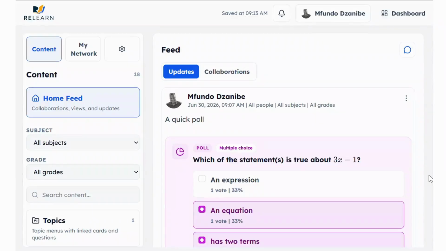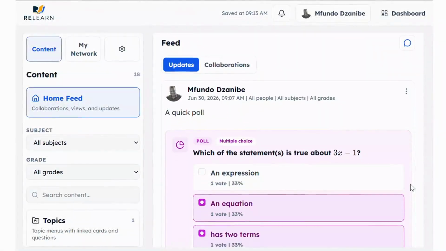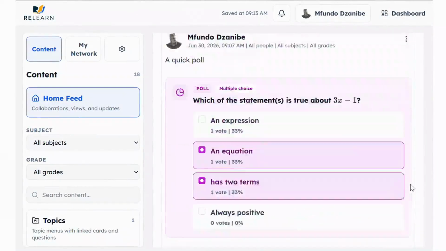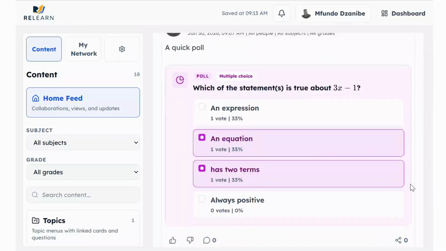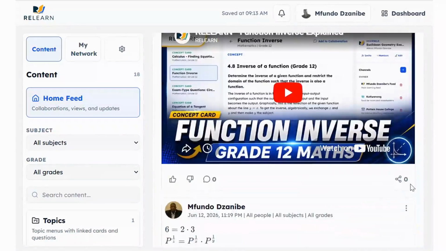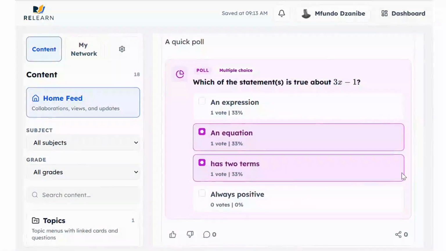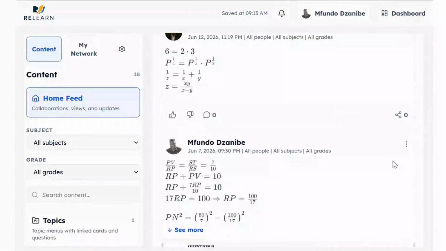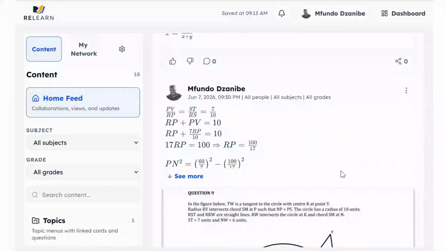This is a simple introduction of the RELEARN platform. It's basically a platform for learning. Part of the basic idea of RELEARN is that we are able to use a social feed type design to post stuff. As you can see here, I've got a poll, I've got a video, I've got some maths that I've been